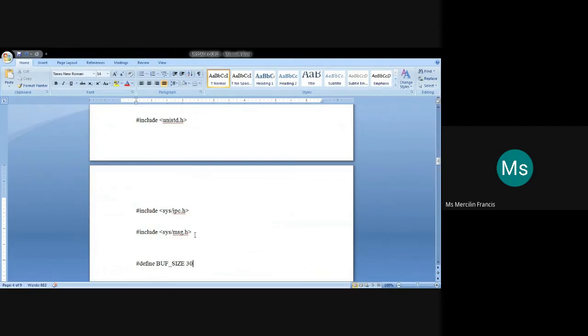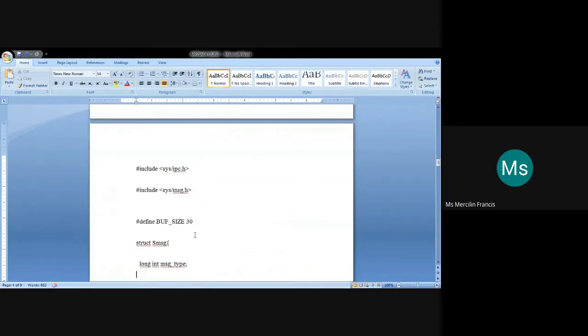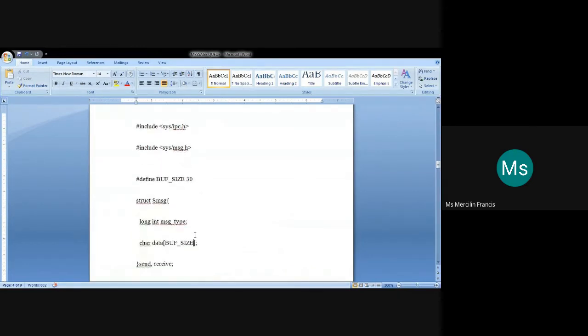Now, the buffer size is defined as 30. In order to store the data that needs to be sent between the sender and receiver, we are declaring a structure, and that structure is having a message type of long int, and a data array declared as character.